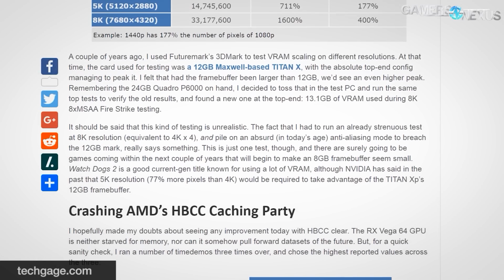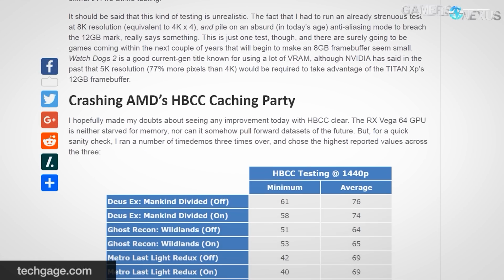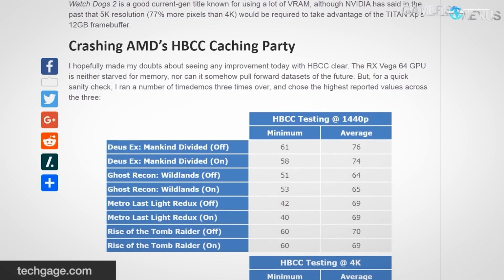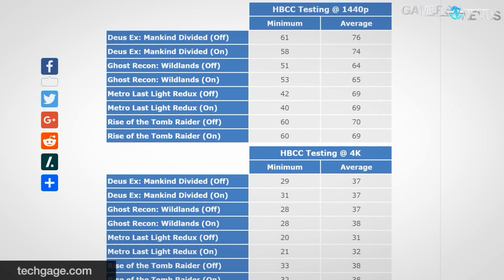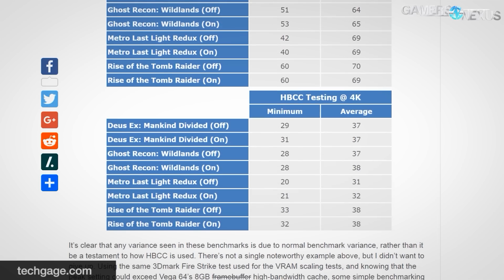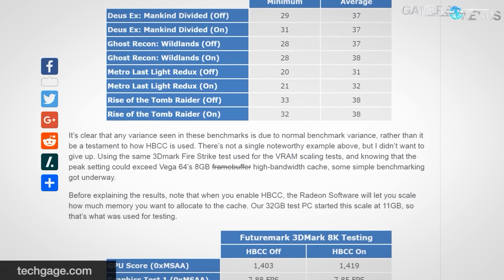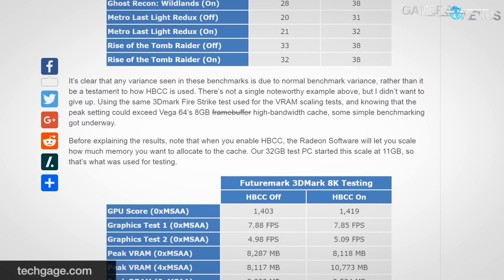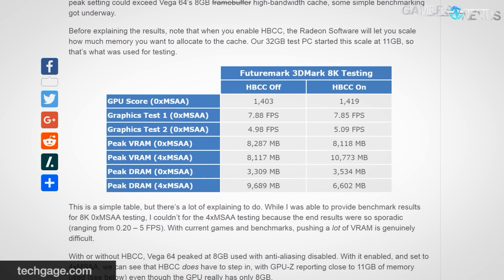Consulting the work of friend of the site Rob Williams over at TechGauge, it looks like they found pretty much the same results when the card first shipped, or close to it anyway. Their results, for the most part, featured basically the same plus or minus 1 FPS within error types of differences, and they did also test Mankind Divided, which we didn't do for this one, and TechGauge didn't measure any meaningful